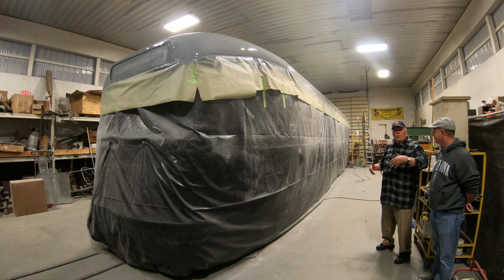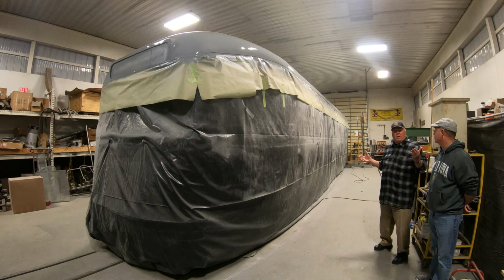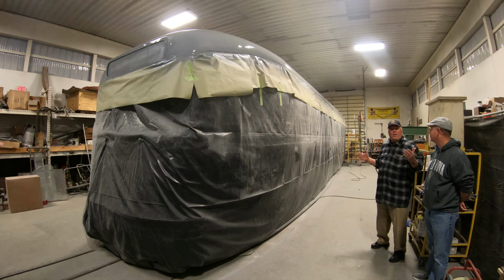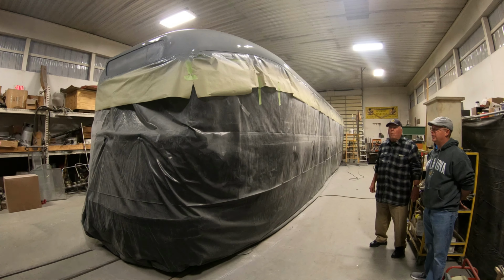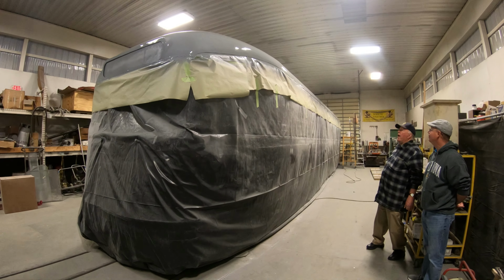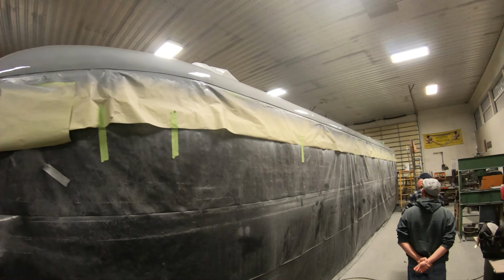When Rob started to apply the different primers, they wouldn't adhere. So it took many hours to clean up the residue of the hydraulic fluid. It essentially had to be drawn out from between the individual steel roof sheets, removed just methodically through handwork. As we walk along the side of the car, again, you'll see the roof seam looks